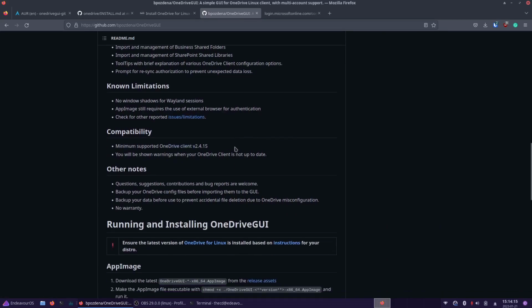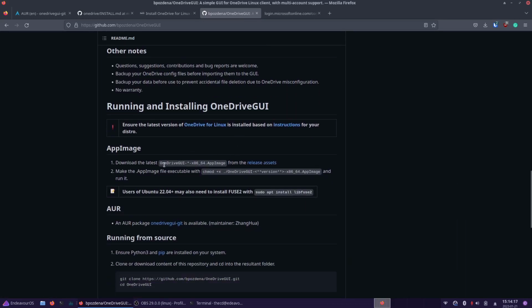So in order to install this, it's an app image. So you can see here the instructions. They do mention that you have to have the latest version of OneDrive for Linux. So if you have issues with this GUI application, you're going to want to make sure that you have the latest version of the core OneDrive client that we just installed a moment ago. And if you get it from the AUR like I just did, or if you built it from source from the GitHub, then you're going to have the most recent version of it,